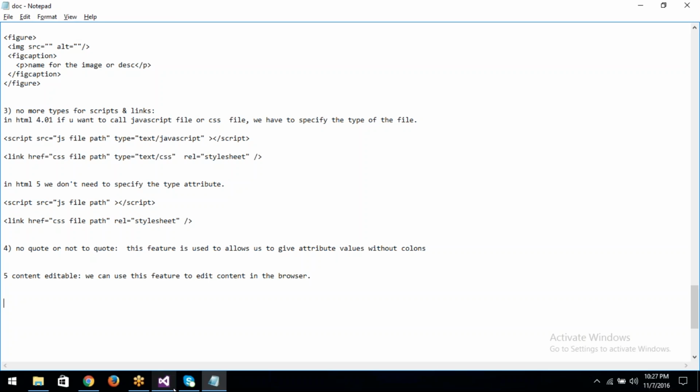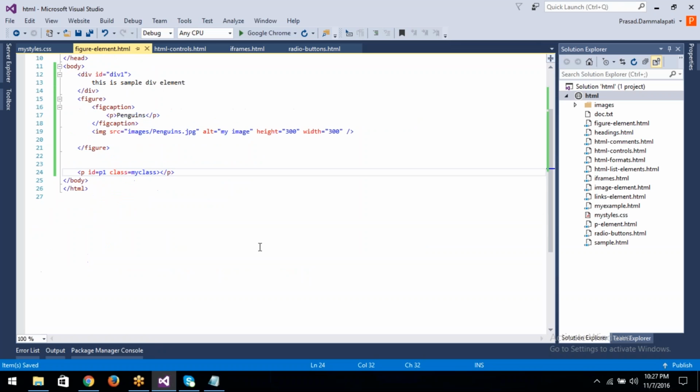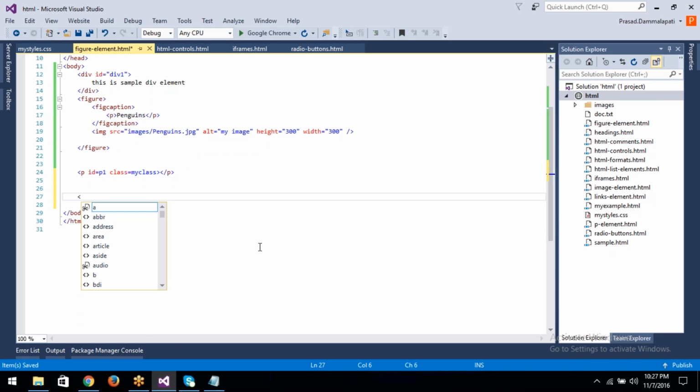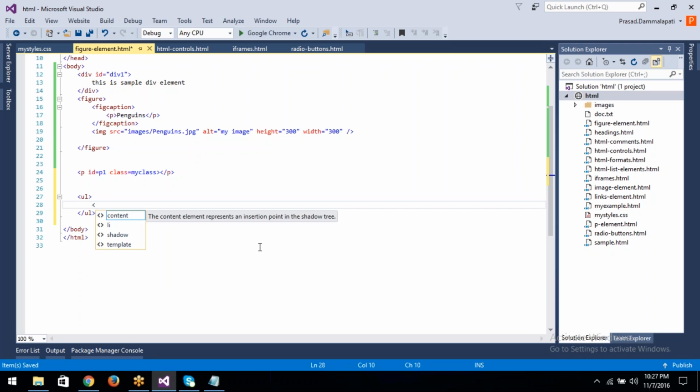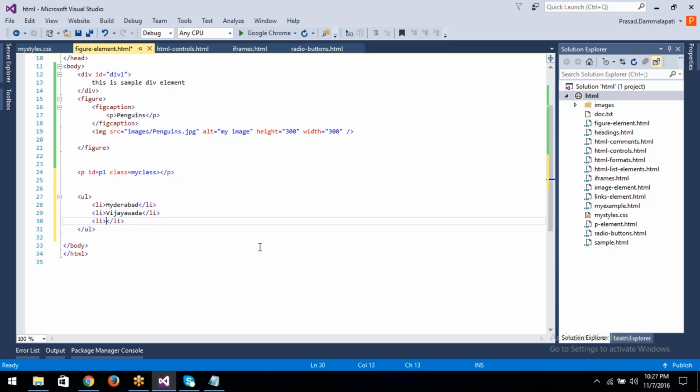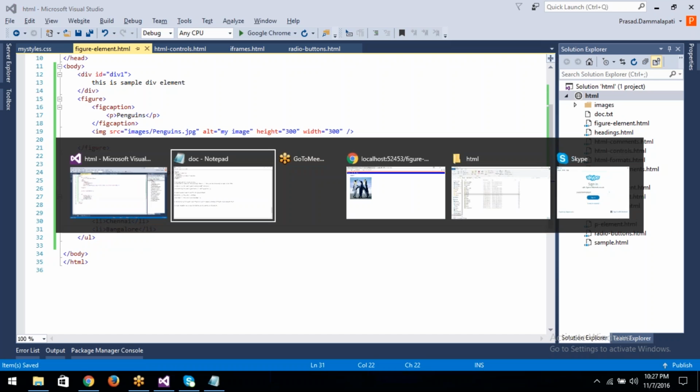So for example, here I want to display some city names, like Hyderabad, Vijayawada, Chennai, and Bangalore. And if you run this example,